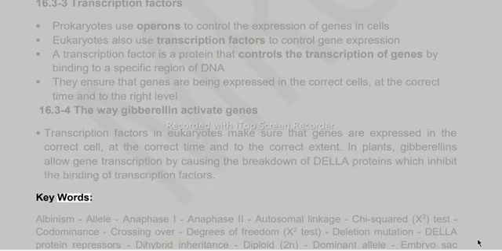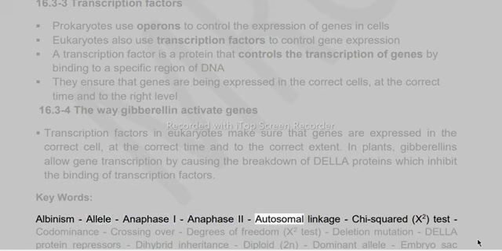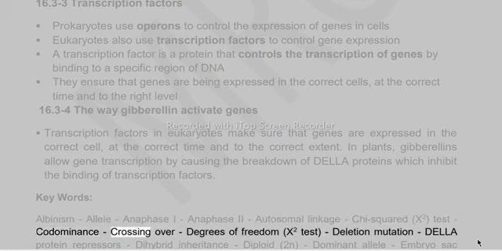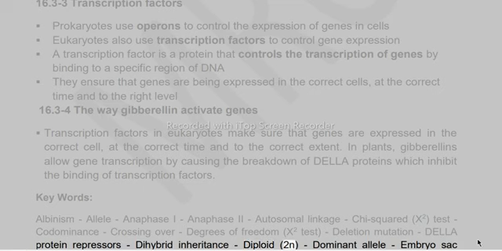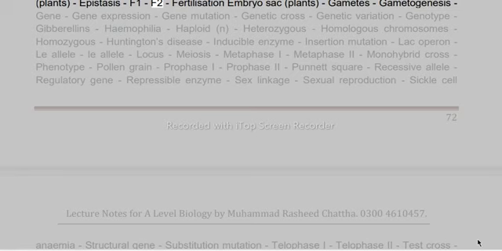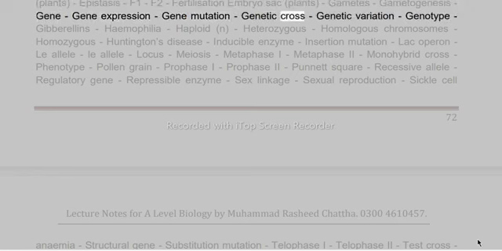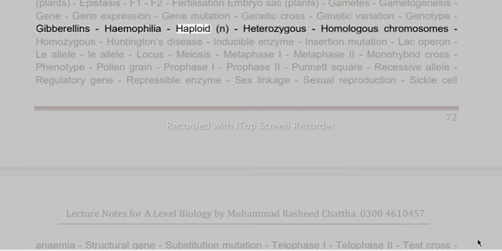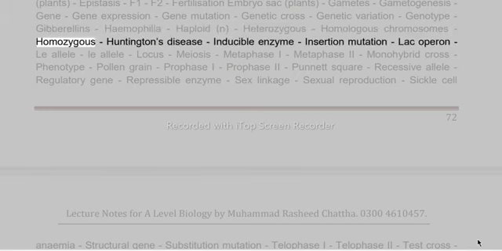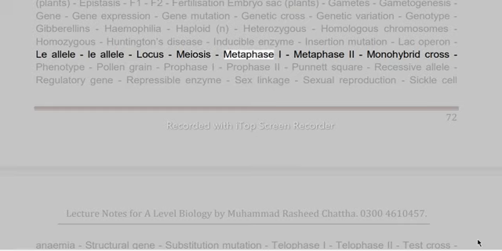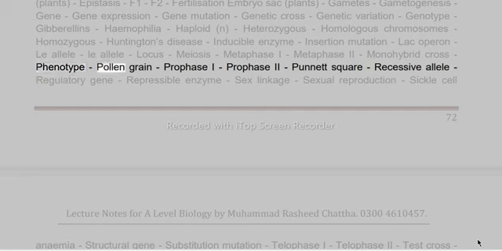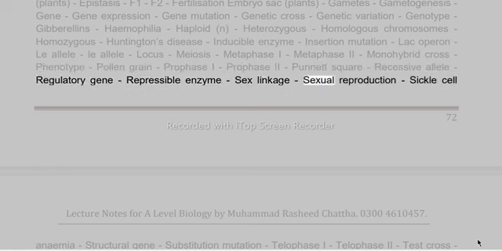Keywords: albinism, allele, anaphase I, anaphase II, autosomal linkage, chi-squared X2 test, codominance, crossing over, degrees of freedom, deletion mutation, DELLA protein repressors, dihybrid inheritance, diploid 2N, dominant allele, embryo sac plants, epistasis, F1, F2, fertilization, gametes, gametogenesis, gene expression, gene mutation, genetic cross, genetic variation, genotype, gibberellins, hemophilia, haploid N, heterozygous, homologous chromosomes, homozygous, Huntington's disease, inducible enzyme, insertion mutation, lac operon, locus, meiosis, metaphase I, metaphase II, monohybrid cross, phenotype, pollen grain, prophase I, prophase II, Punnett square, recessive allele, regulatory gene, repressible enzyme, sex linkage, sexual reproduction, sickle cell